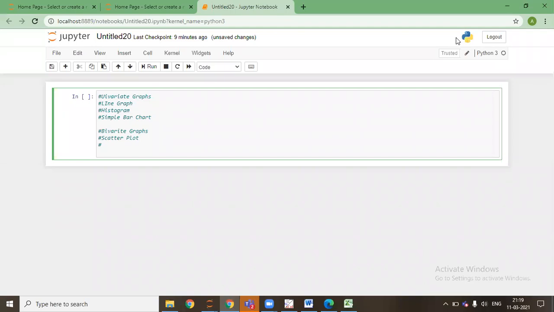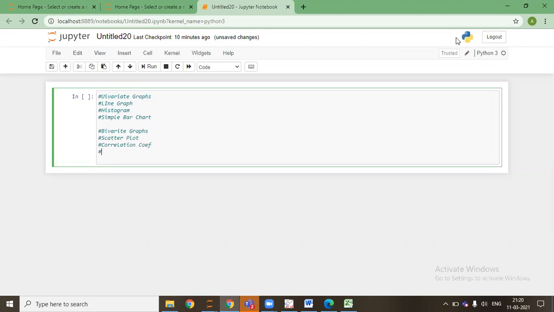For bivariate graphs, we have limited options. We have scatter plot. We have correlation coefficient kind of analysis. We have regression analysis that we will cover when we cover machine learning. So these are certain things: correlation coefficient, regression analysis.